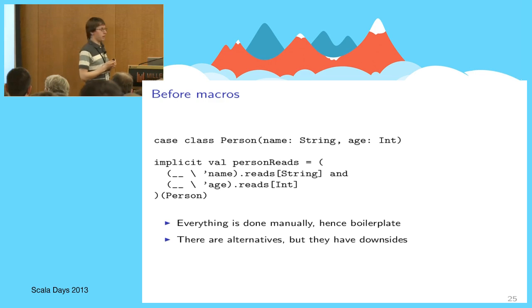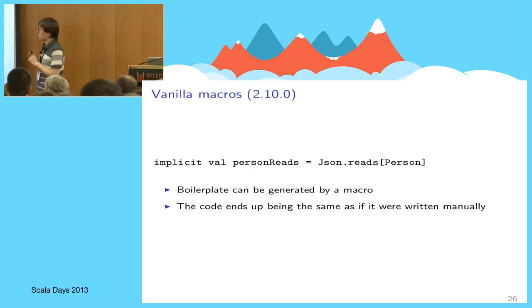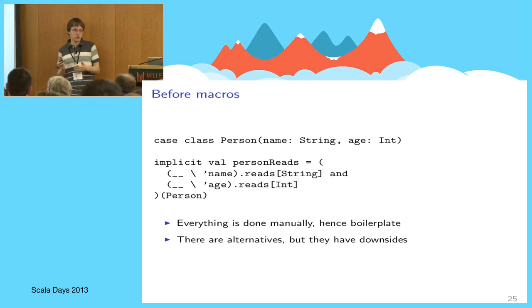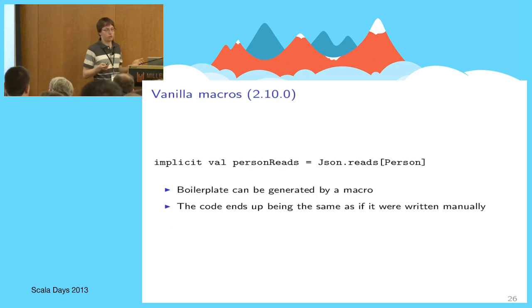And here's where macros can help. Not implicit macros yet, but just macros. So look, instead of writing boilerplate, we just invoke a simple macro. And when the macro expands, it gets transformed into this code. Exactly into this code, just like that. And so, no added complexities. It's as if you have written this code yourself, and it just works. No performance problems. That's good.